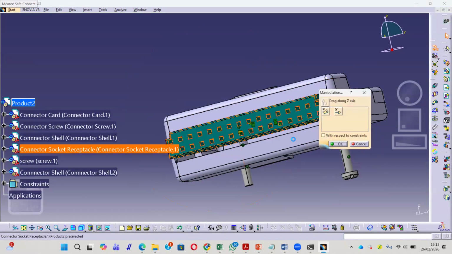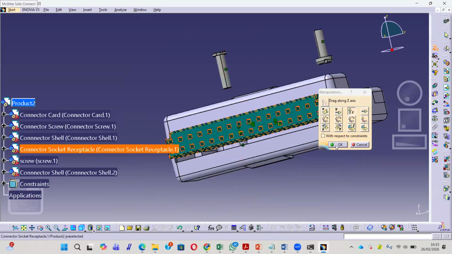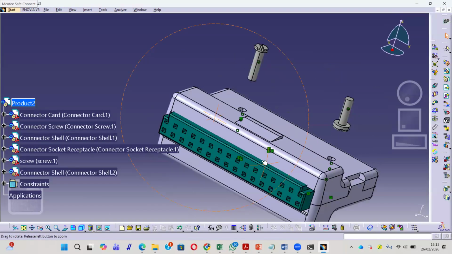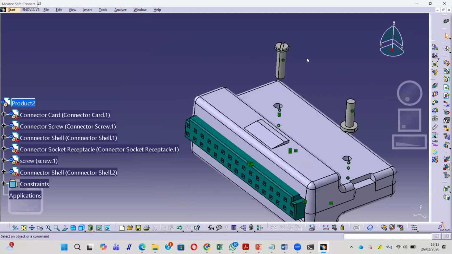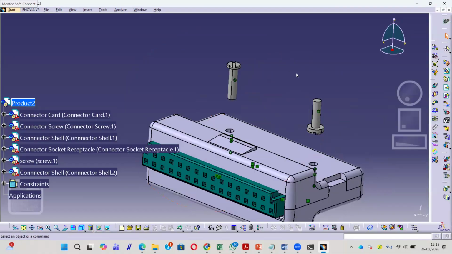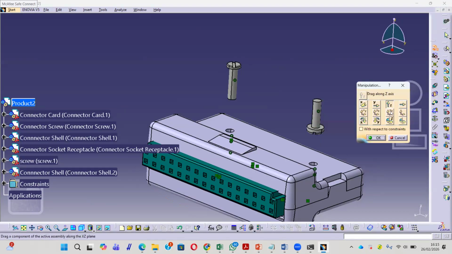We move to Z axis like this. Then we can rotate by using manipulation, and then you can use rotation with the X axis.